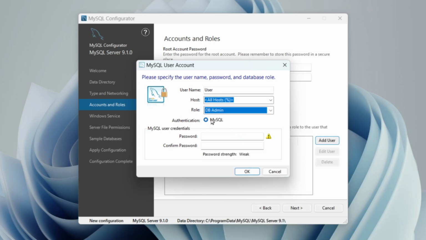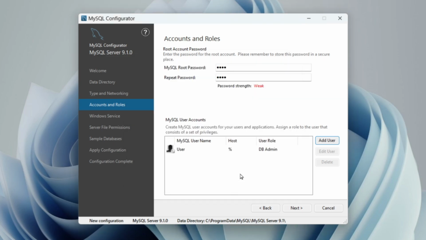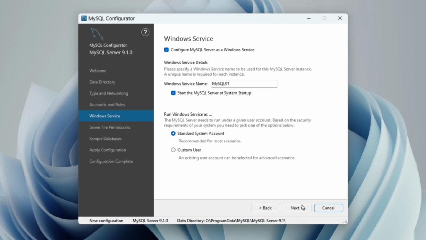I'm going to give DB admin, and I'm going to give the password, the root password that I gave right now, and confirm the password as the same. You can see that it is weak, but if you want to give a strong password, you can do it as well. Then just click OK, click next, leave it as it is, click next,